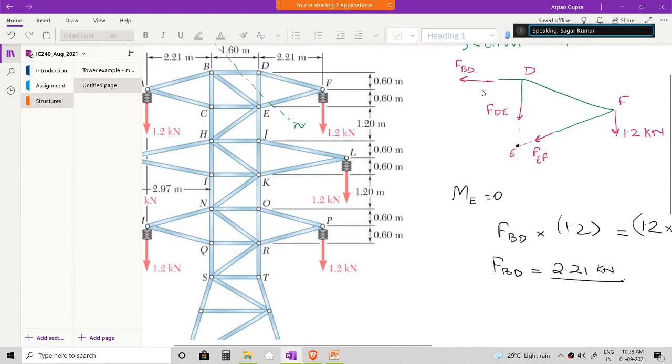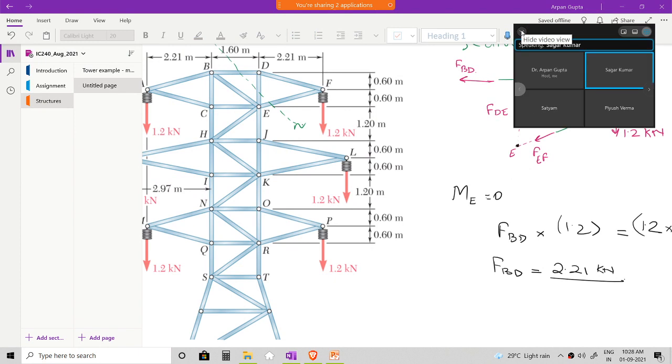Sagar Kumar, can you mute yourself? Sagar Kumar, can you please mute yourself? Can one of the TAs mute Sagar? Anyway,